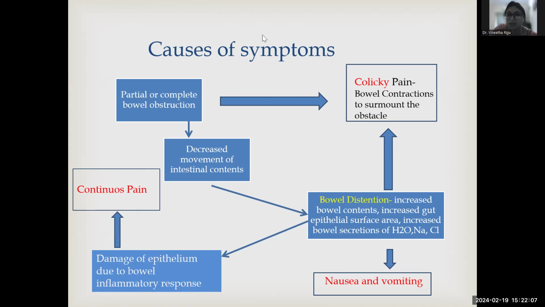So tell me one thing, do you think we will be able to palpate a mass in constipation also? Yes, isn't it? Especially if the patient is lean and the patient is having a loaded colon, a loaded colon will be palpable when you try to palpate the abdomen. Okay. Yes. So let's get back to the question.